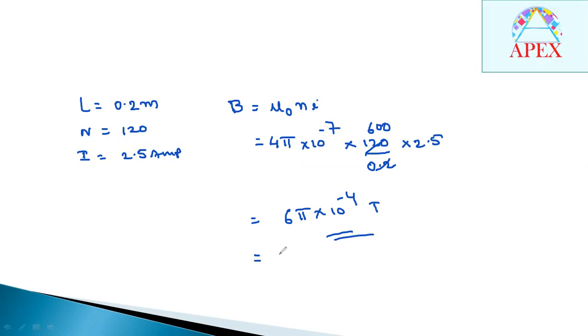If you want to write only in number, pi value is 3.14 only, no? 6 into 3.14 is 18.84. So this will be 18.84 into 10 power minus 4 Tesla. That is the answer for the given question. Very simple question, directly based on the simple formula. Okay. Now,